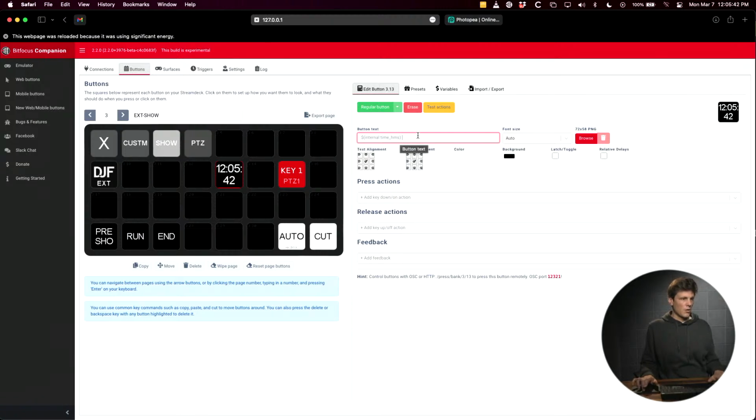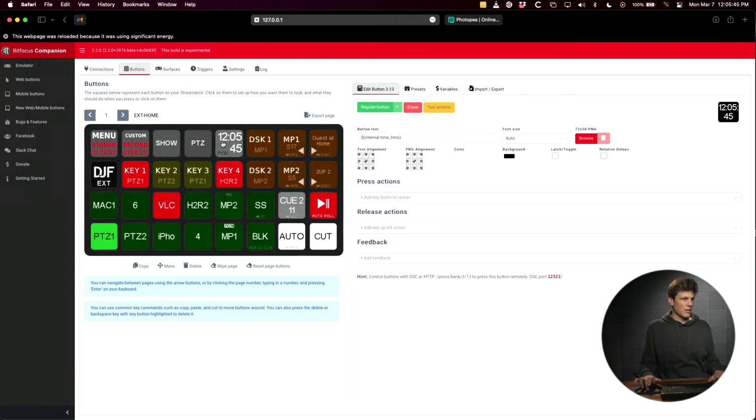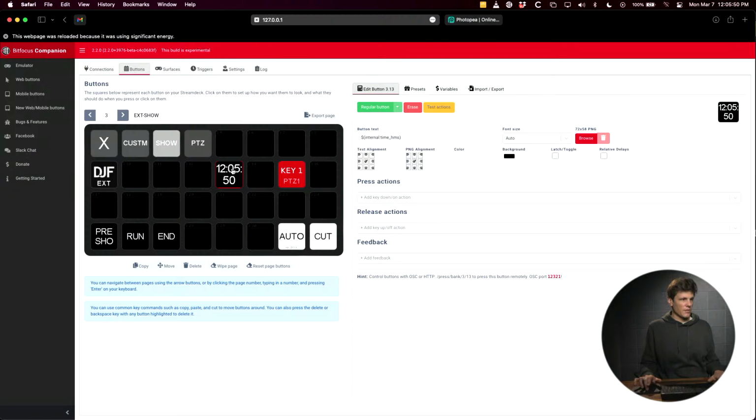12:05:39. What I did on this button here, because I wanted to clean that up a bit, because this was sort of hanging off the end, and I wanted it just as big as possible, because when you're glancing down at a board, particularly if you're presenting, it's probably not so bad if you're just running a show and you can actually look down at the button. But if you're glancing down, you want to be able to see the text as big as possible. So rather than making this size 18, it'll fit on the line, and maybe some people like reading it that way, but I wanted to do something where I go